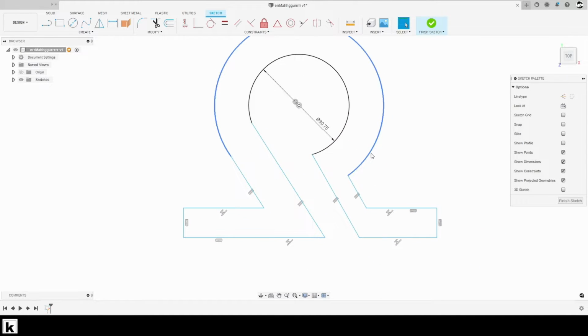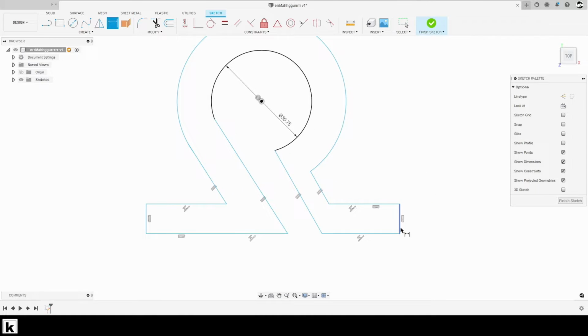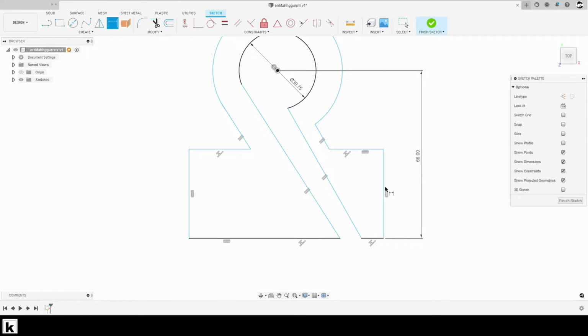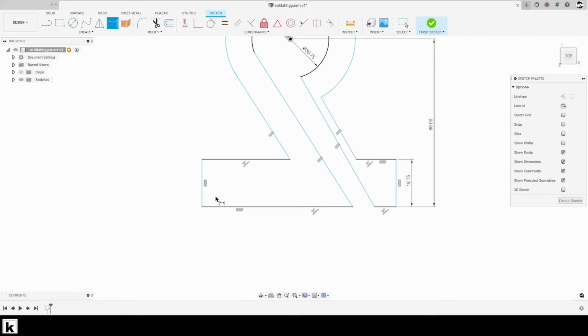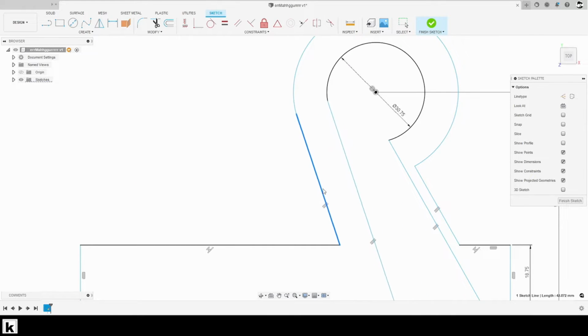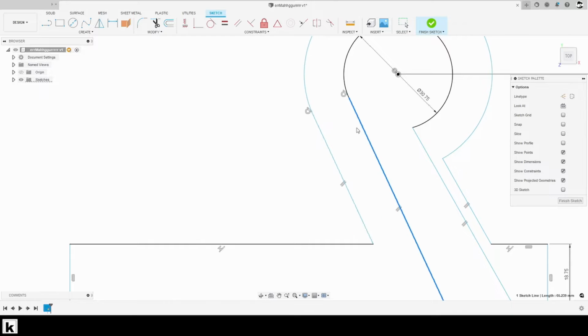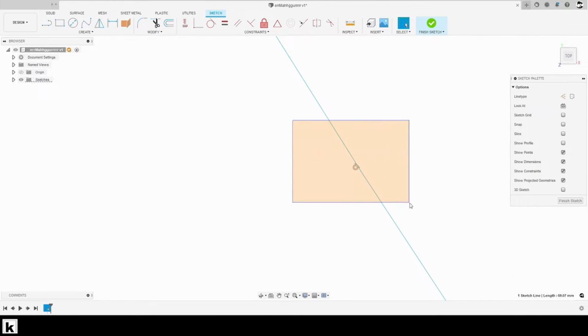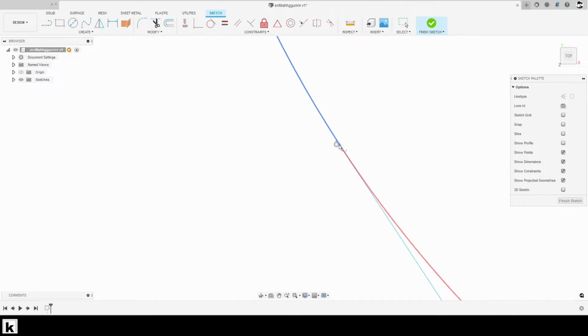Okay, so let's constrain a few other things. So we have 66, right? 66. This is going to give us the shape of everything now. 18.75, 135. Right. So we have kind of stuff that looks like all this. So right before I do any more, I'm going to tangent connect these. Tangent, and not those ones. So tangent connect, and I want to make sure that, yeah, this is